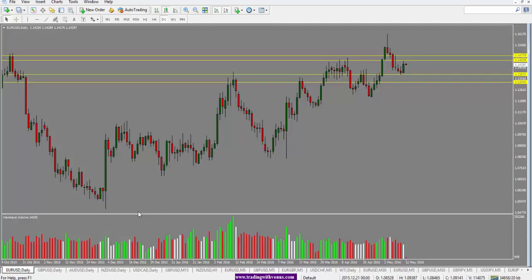We'll start off by taking a look at the Euro US dollar daily chart here. Today, the daily close for Euro was very bullish. We saw over the last couple of days the price has moved down, but there hasn't been a big move in the market. And today we saw a nice big engulfing candle here. However, we do see that the price came to the top of this range that it stayed in for quite some time. So the next target now would be bullish here. We're looking for price to move further to the upside. The target would be the 1480 level or potentially the 1500 level.